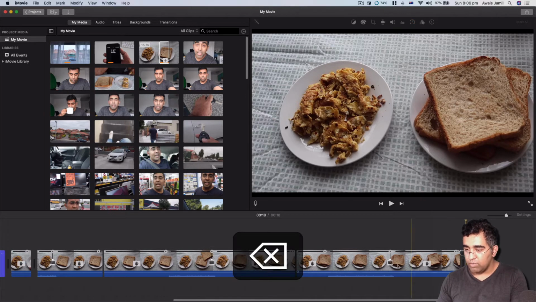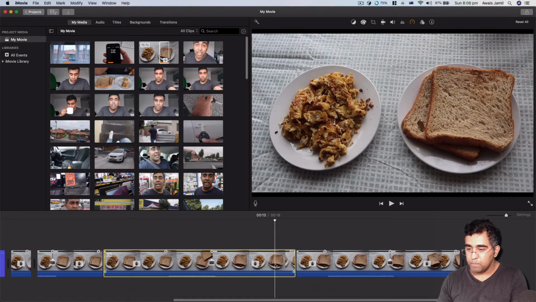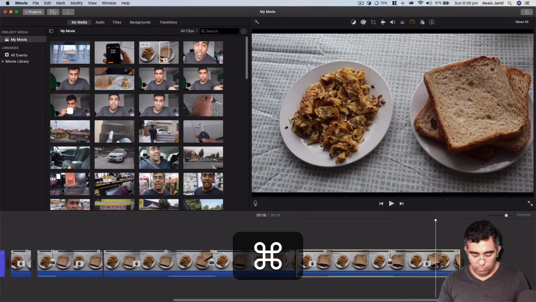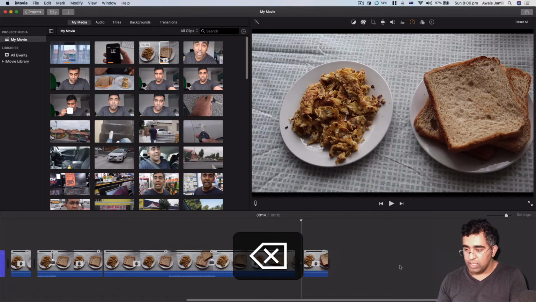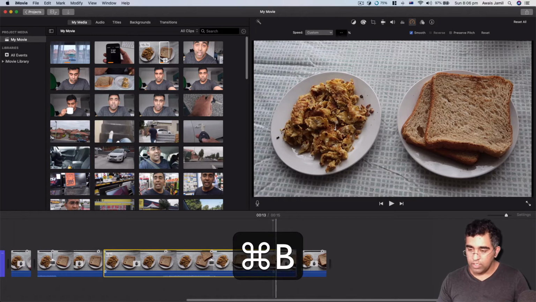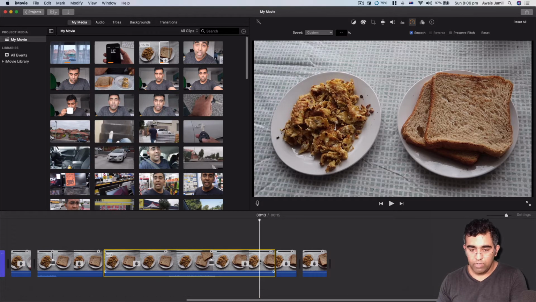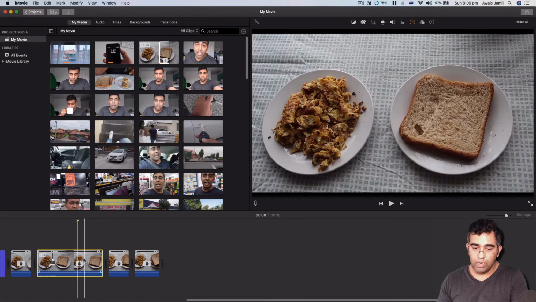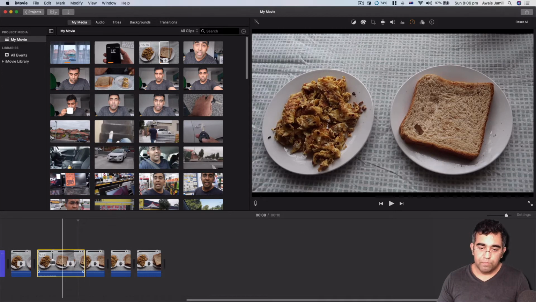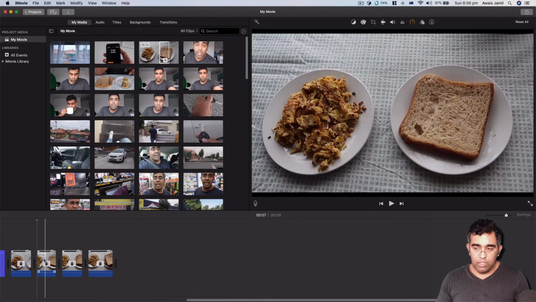Then I'm gonna get rid of some of the media here. Command B. Let's get rid of this one. I've got one shot, and then I'm gonna have this shot there, and then get rid of this one, and then the first spread is already there. I'm gonna cut this with the Command B, and then get rid of this one. So now I've